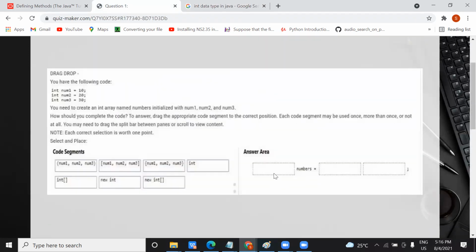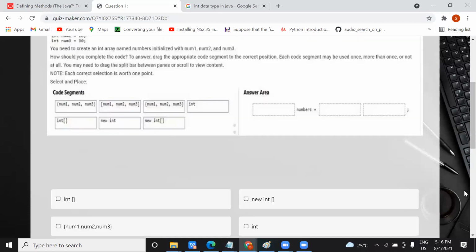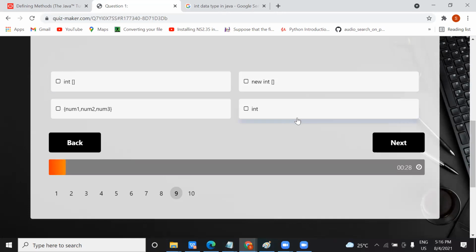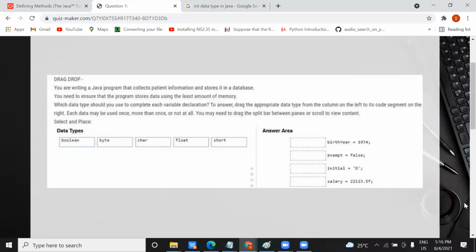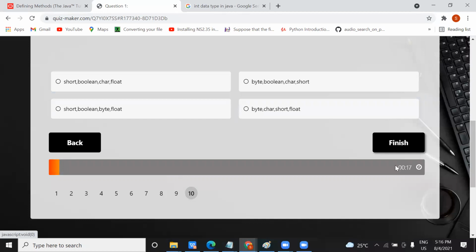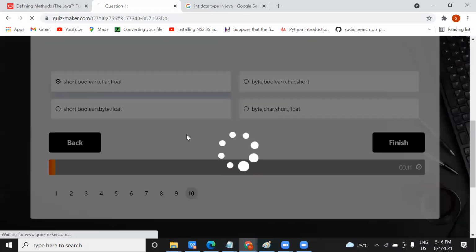Now this is the next question. Here it is asking how you define an array in Java. This question, if you are unable to do it, is a checkbox. As of now, I'm just selecting randomly, but I will explain it when we do it practically. Now, same question. So this is again the same question. You can select this one only.